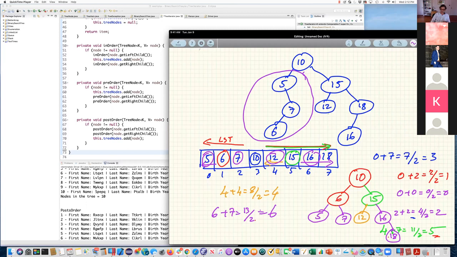And then what you do is you rotate this subtree. If you think about rotating it counterclockwise, making 7 the root, and then 5 and 6 to be the children, you end up in this situation over here. Okay, you end up with 7, 5, and 6, and this is a balanced tree.